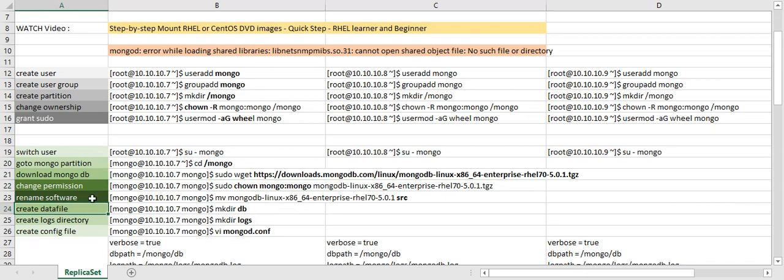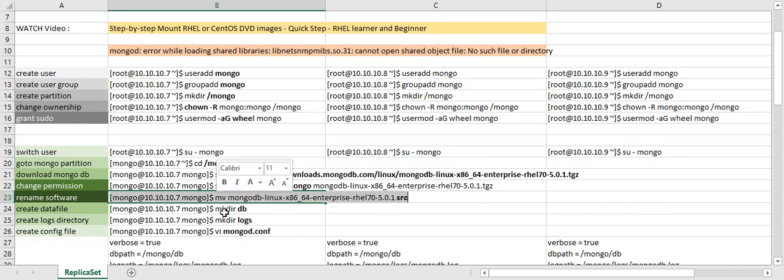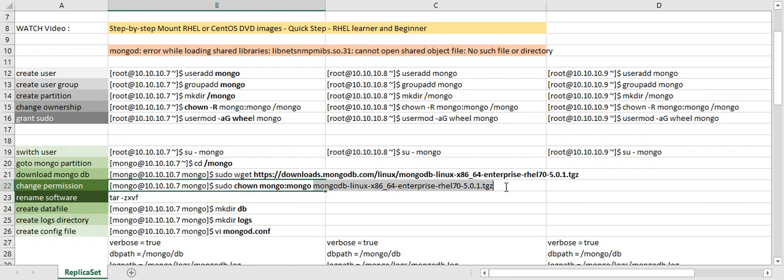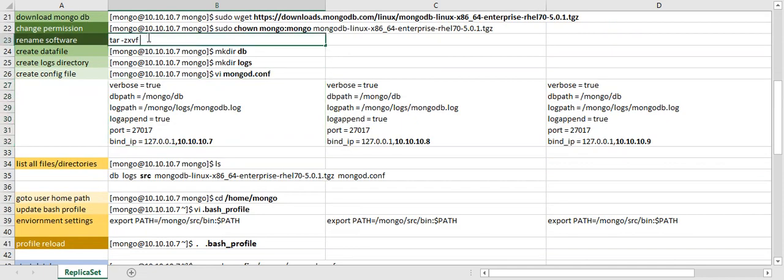Once the user ownership is granted, next you need to untar the software, using tar -zxvf. I already told how to install this in our last video, where I shared how to install the enterprise Linux. So do the same thing here.